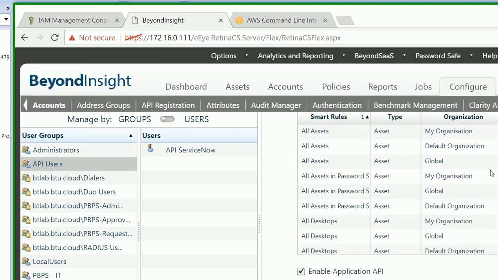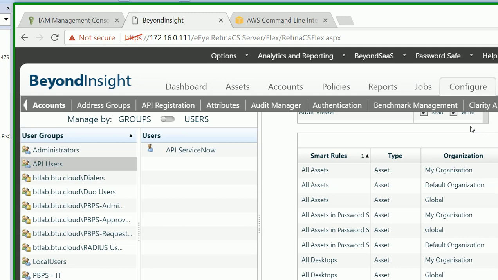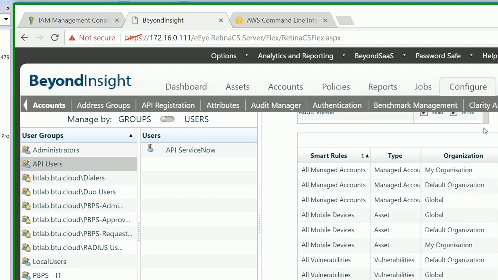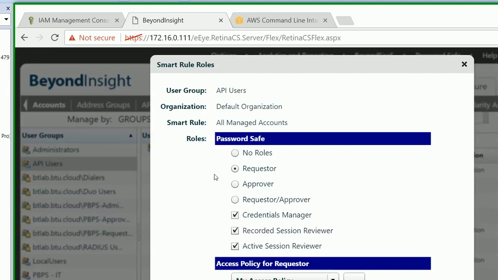So you're going to need, at a minimum, one permission for your managed accounts. If I look at the permission here for my default organization, Credential Manager is the main permission. It's mandatory. You need that in order to be able to update a password in Password Safe for a managed account. I decided to use Requester as the Password Safe role, and I'm pointing to my default access policy here,